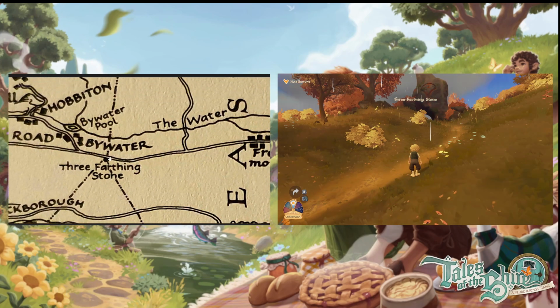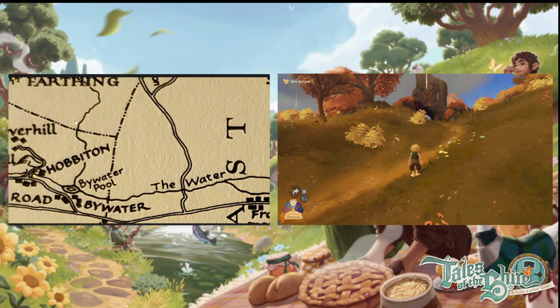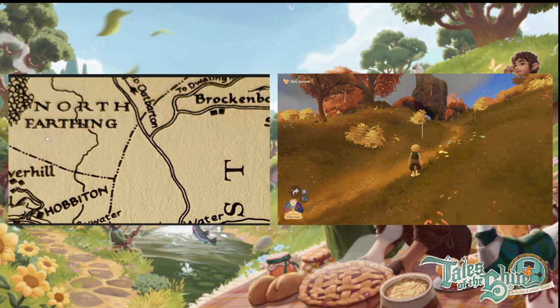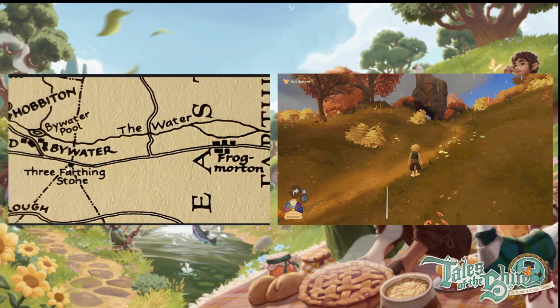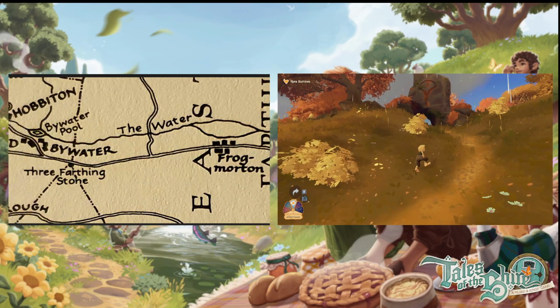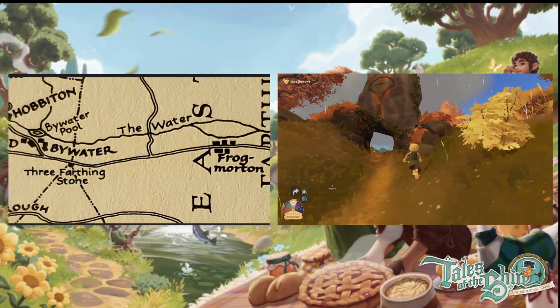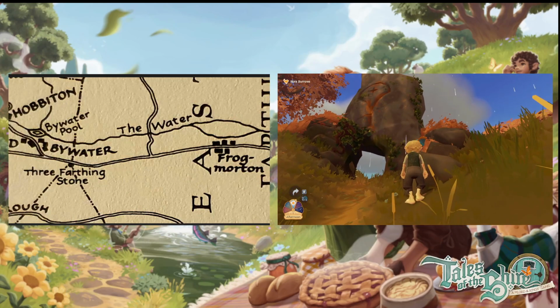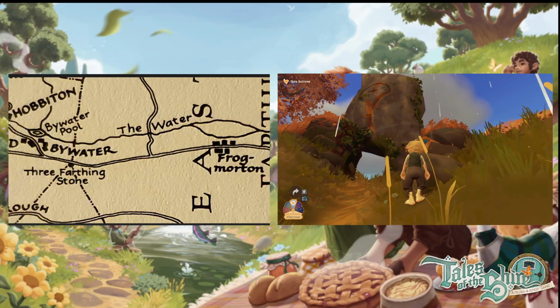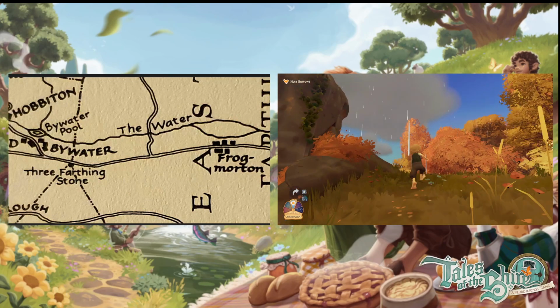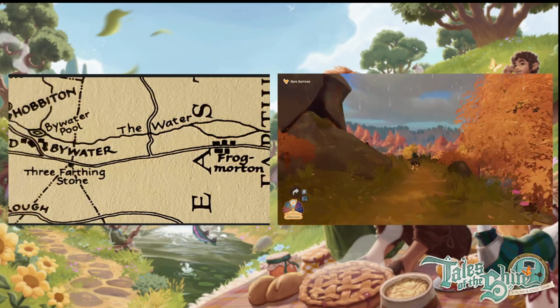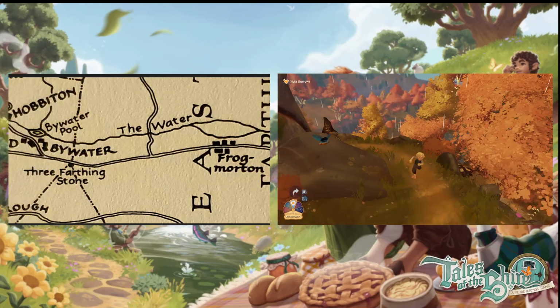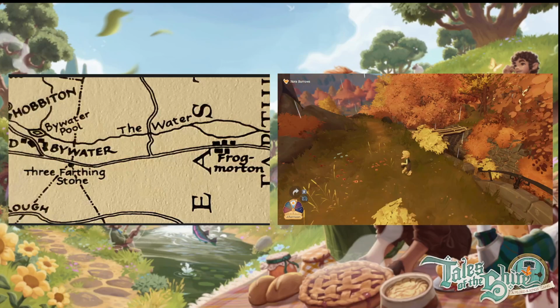The 3 Farthing Road, or a stone, depicts the junction between the south, east, and west Farthing. And then West Farthing connects up to the East Farthing right here, or the North Farthing right here. That's where this junction is to 3. And you'll find that obviously through the storyline. In reality, the stone here is actually an old Gondorian stone from when the Numenorean kingdom ruled this area. Now, if we go back to the main Great East Road,